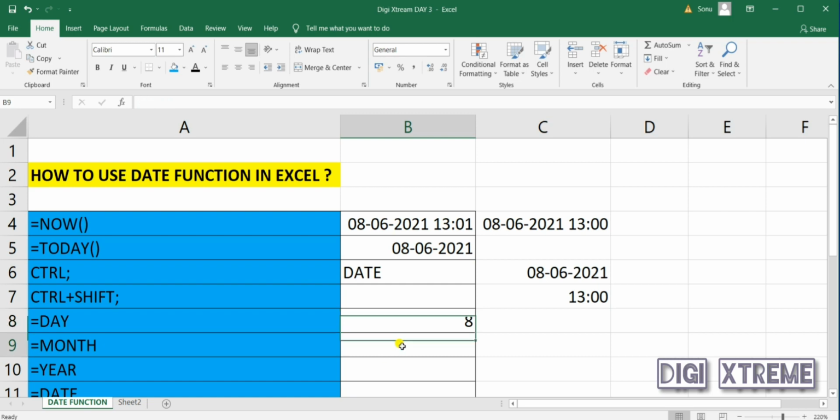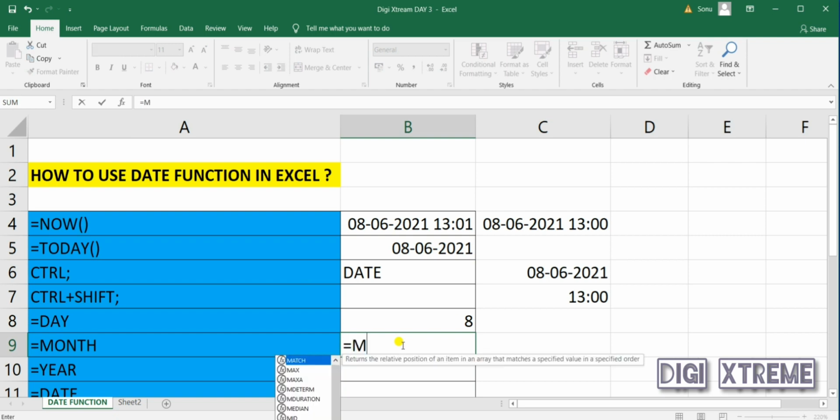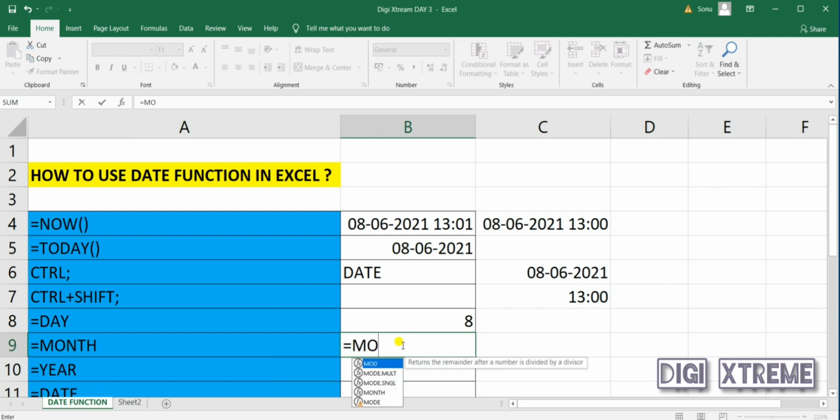All right, let's move to MONTH. Same we will do. MONTH formula. Now you have to select the date, today's date. Now close the bracket. Now enter.